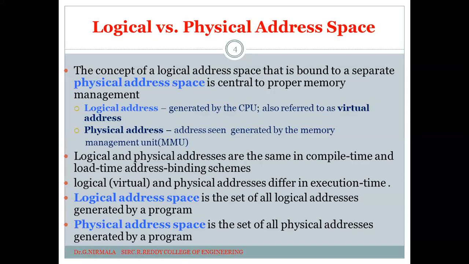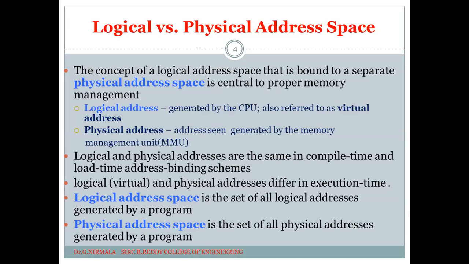For example, I want to go to anybody's house. Where is your house, I am asking? Near fire station. That is the logical address. From fire station, where I am to move? Then go straight, take right turn and move away. Again, take left turn. There the door number will be there, 25-15-9. That is the door number. Go to that, that is the physical address. Means that person will be available at that particular location. That is called as the physical address.